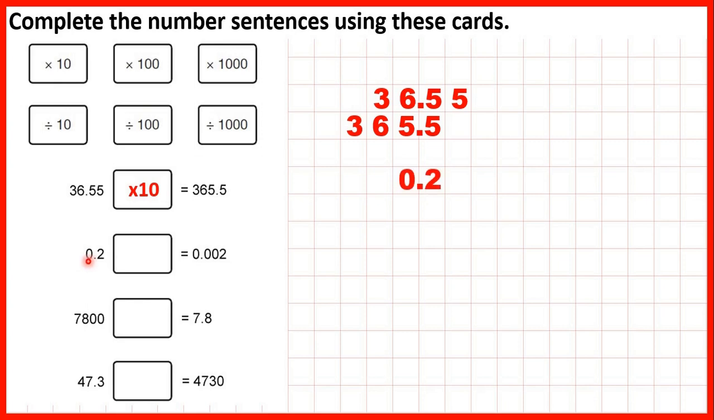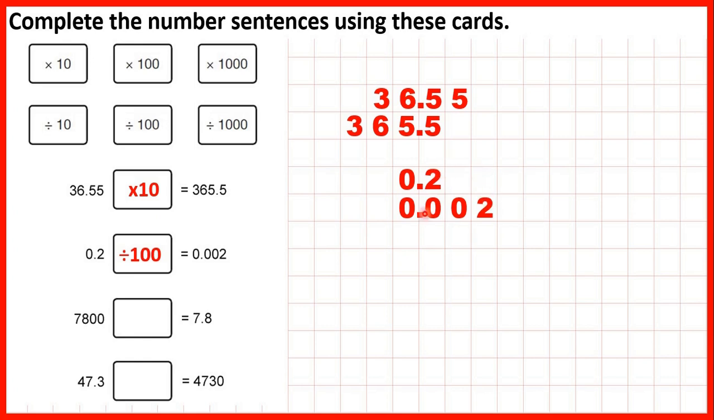Now we have 0.2 and 0.002. We can see, if we look at this 2, that it's moved to the right, so we're dividing, and it's moved 2 squares, so that's dividing by 100, because the number 100 has 2 zeros, so the digits move